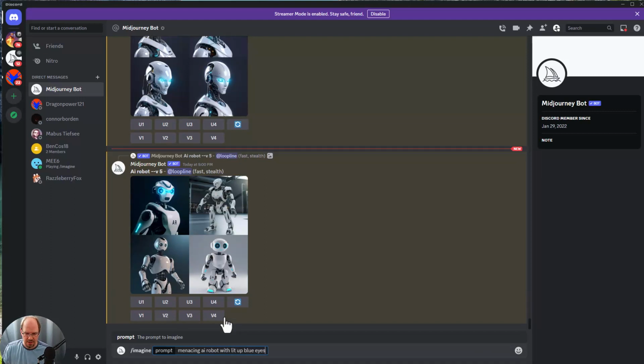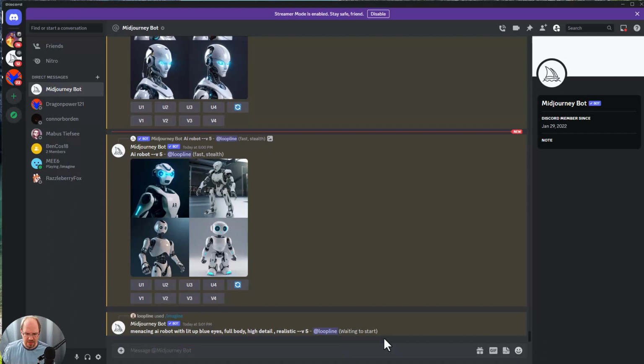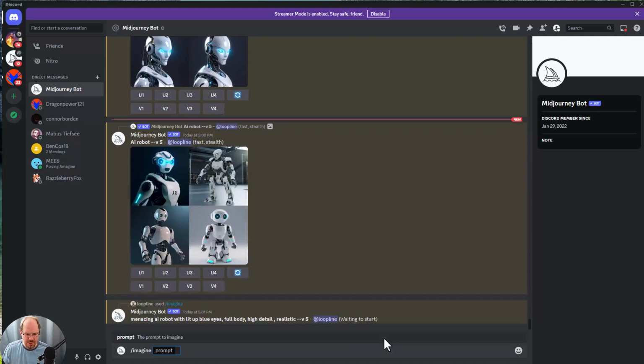Blue eyes, full body, high detail. Let's do realistic and go from there. Like, let's do that, and then let's do the same thing. Sometimes I just like to give it options here. So let's do this, but do